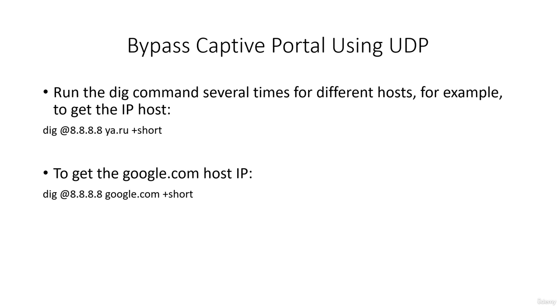To do this, just run this command in the terminal several times for several hosts. So for example, to get the IP of a host, just type this. To get the Google host, type this, and so on, similar to this. So if the results are different